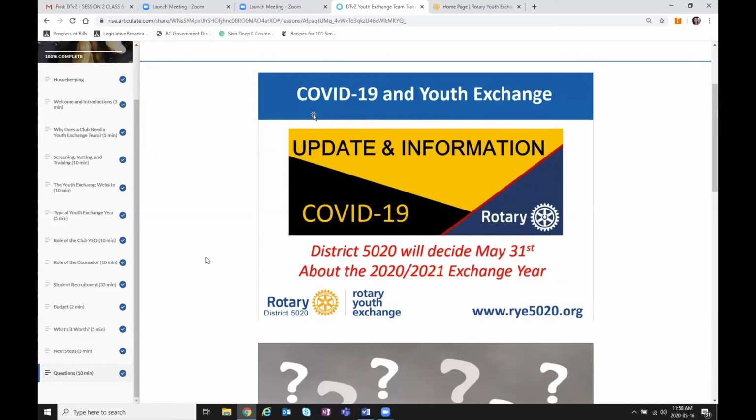The long-term program, we're going to make a go, no-go decision at the end of May. So the 31st of May, we're going to decide whether or not to move forward. There's a lot of things that go into that decision. One thing that we're looking at fairly extensively right now is the idea of doing a modified long-term exchange. Do a semester-based exchange rather than a full academic year exchange.